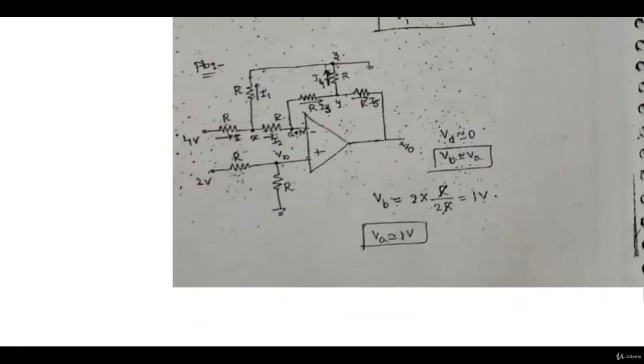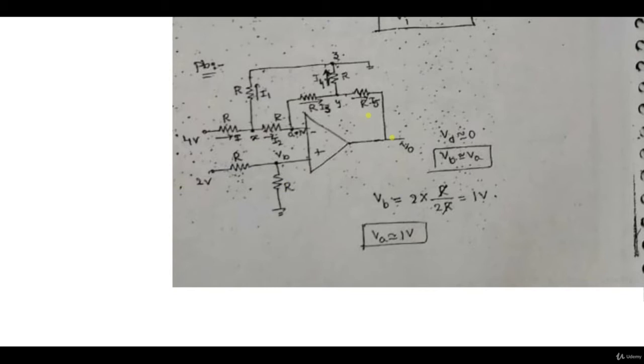Let's look at the next circuit. Again, V0 we have to calculate. This is 4 volt, 2 volt, R resistance, I is the current flowing, X is the node voltage, VB is here node voltage, R is the resistance. Again R is the resistance, I2 is the current flowing. This is A node voltage, R resistance, I1 current flowing, R resistance, I5 current flowing, R resistance, I4 current flowing. Node 3 ground, node Y, R resistance, I5 current, V0. So you have to calculate the value of V0.